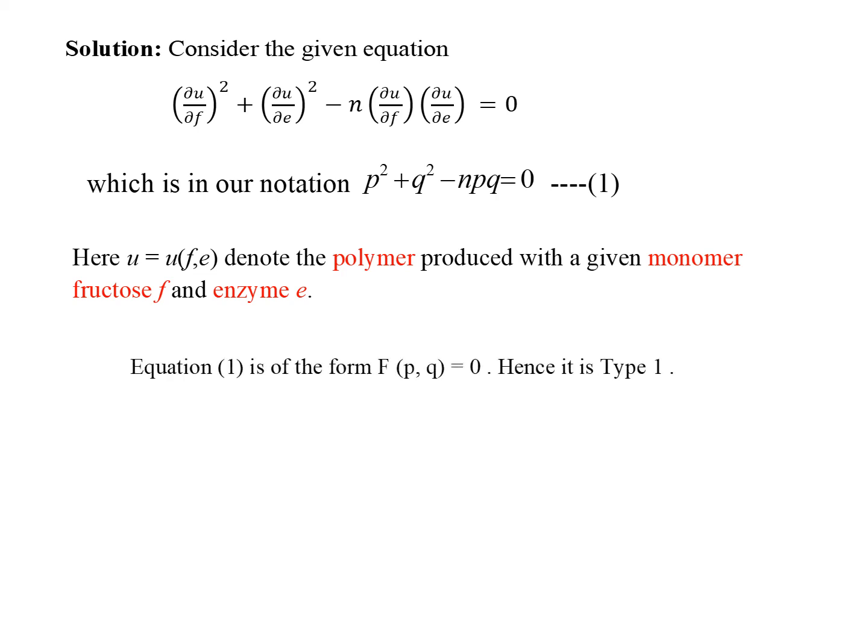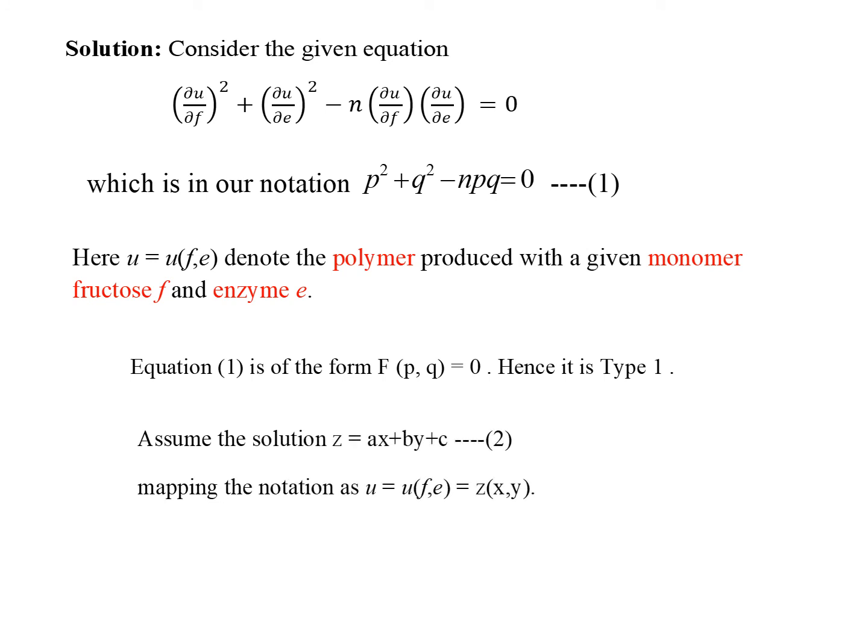Now this equation is of the form, as I said, a function of P and Q equal to 0, so hence it is a first order PDE, which is of type 1. So what is the procedure of type 1? As usual, assume the solution Z equal to AX plus BY plus C and call that equation 2, where